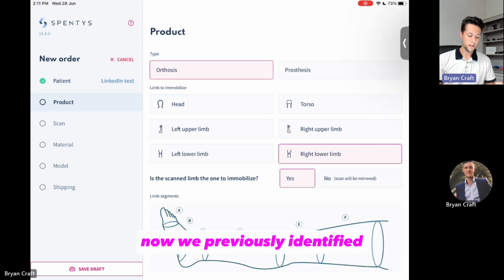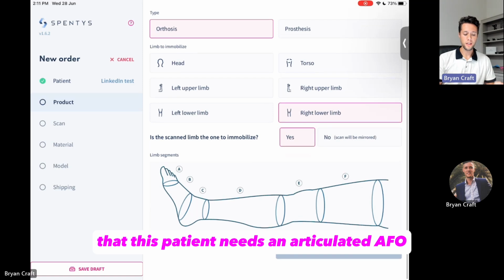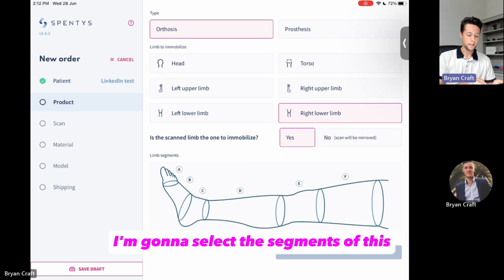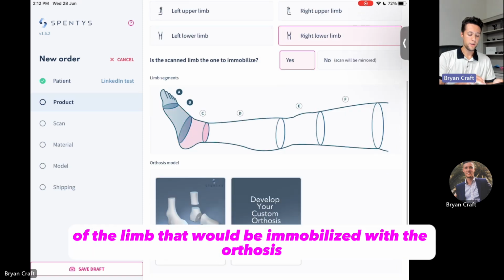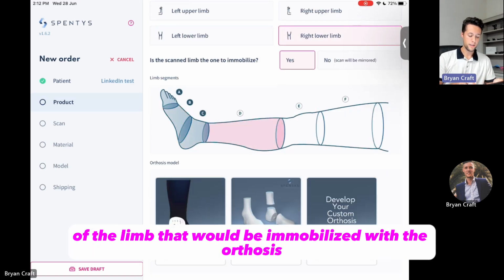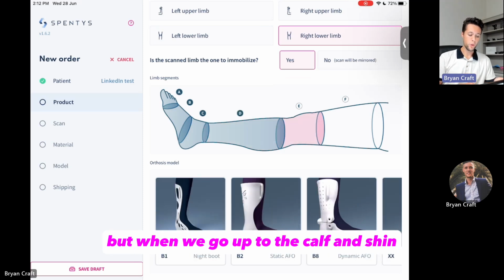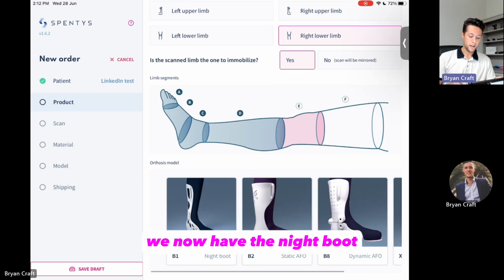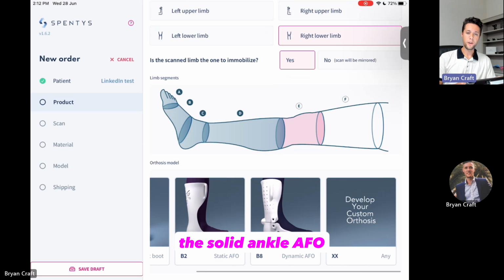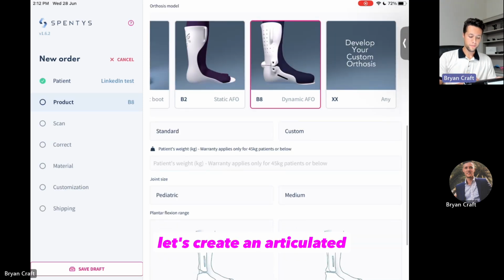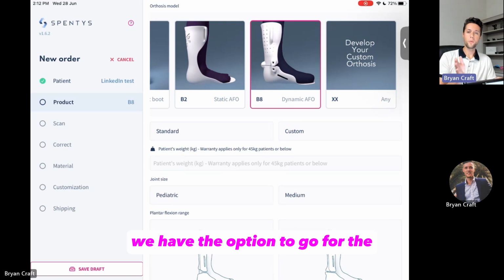Now, we previously identified that this patient needs an articulated AFO, so I'm going to select right lower limb. I'm going to select the segments of the limb that would be immobilized with the orthosis. We see here that SMO populates, but when we go up to the calf and shin, we now have the night boot, the solid ankle AFO, and the articulated AFO. Let's create an articulated. We have the option to go for the